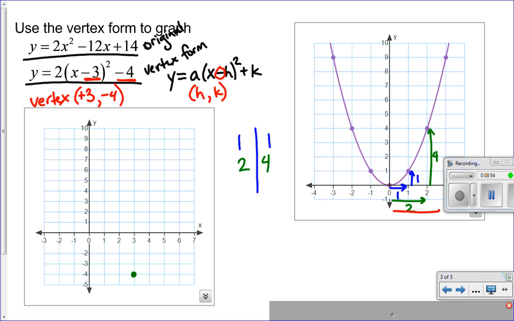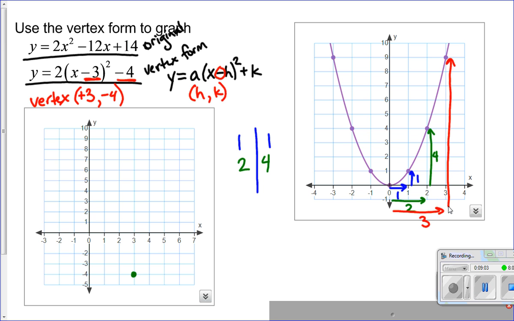And if we go over 3 spaces, we had to go up 9 spaces because 3 squared is 9. And this is where our a value comes into play, because a is 2. That tells me that all of these y values, I have to multiply by 2 in order to get what this graph actually does. So 1 times 2 is 2, 4 times 2 gives me 8, and 3 times 2